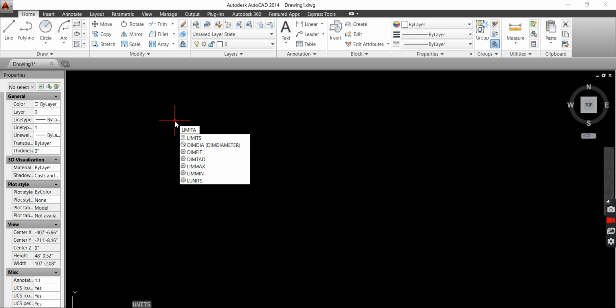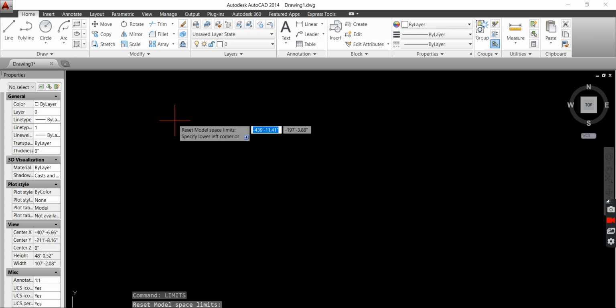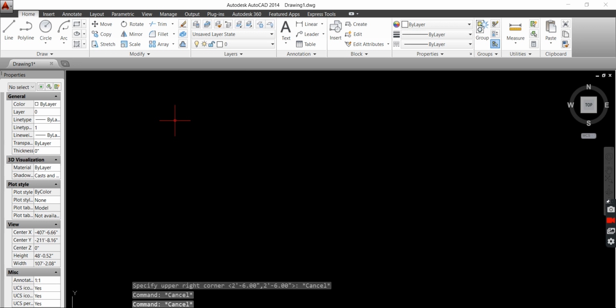LIMITS. Lower left corner 0, 0, enter. The upper right corner should be set according to our requirement.